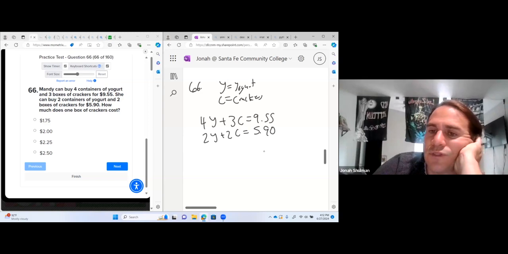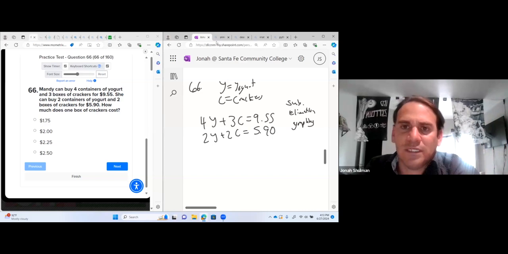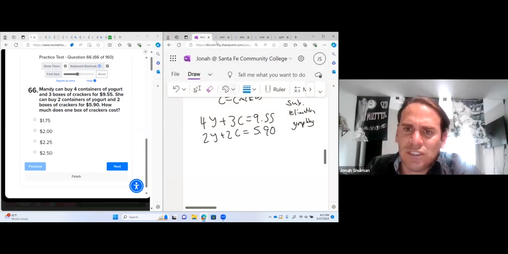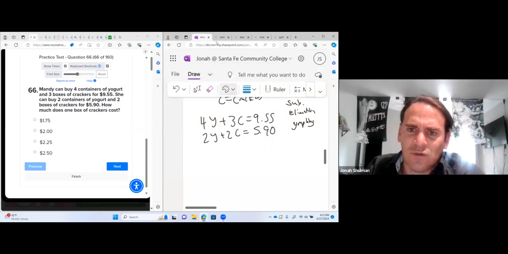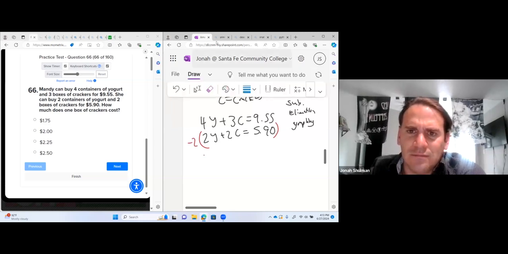There's a bunch of ways we can do this. You can use substitution, elimination, and graphing. You know what I'm going to do? I'm going to show you all 3. Isn't that nice? We're going to do elimination first. Elimination is usually the easiest way to do a problem when they're like multiples of each. See how this 4 and 2? If I multiply this entire bottom line by -2,